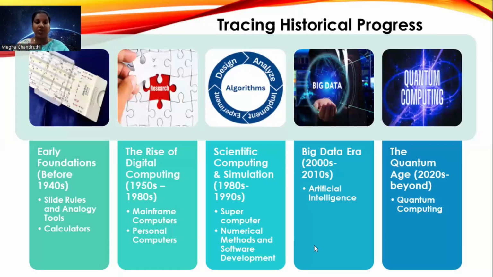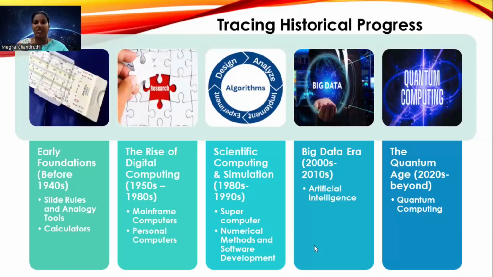And when it comes to software development, as I told in the beginning, there were so many software and so many applications related to physics, but we were not aware of that. We started to use them only after COVID, but they started to be developed in the 1980s to 1990s. And you know that simulations are commonly like robots. Even the robots concept was started in the 1980s to 1990s only.